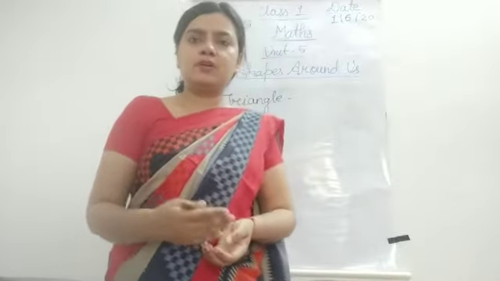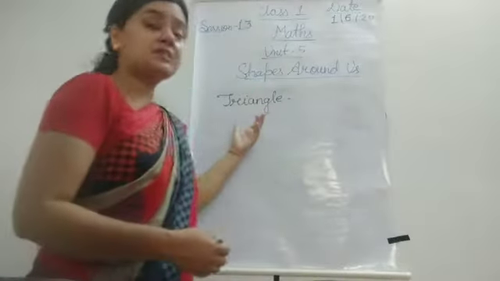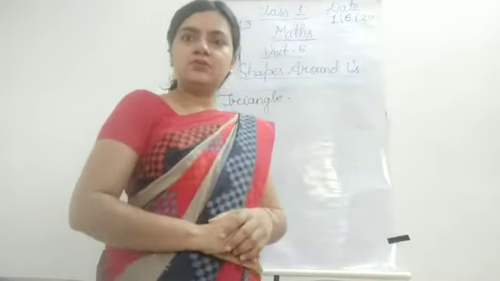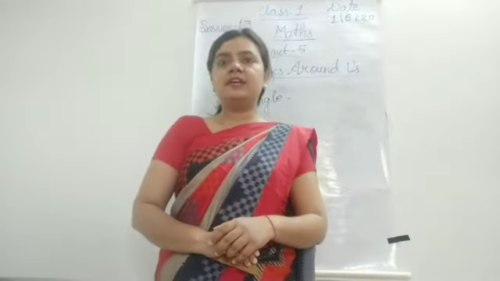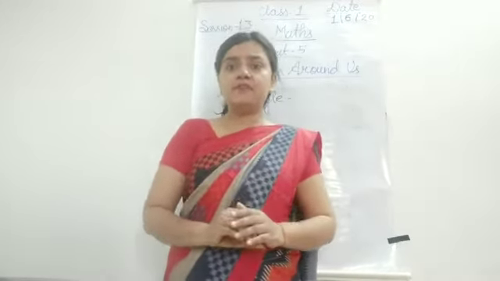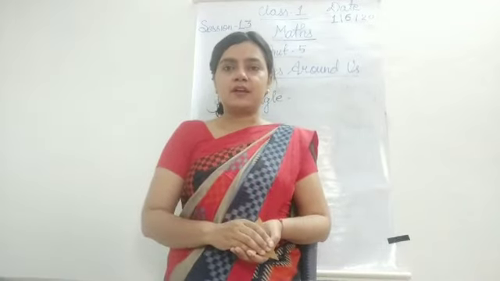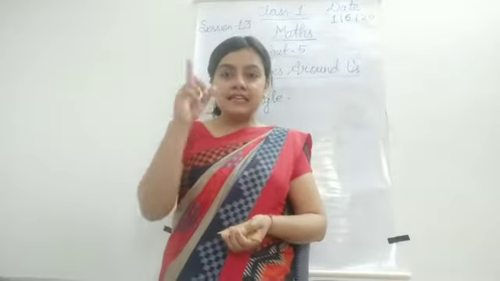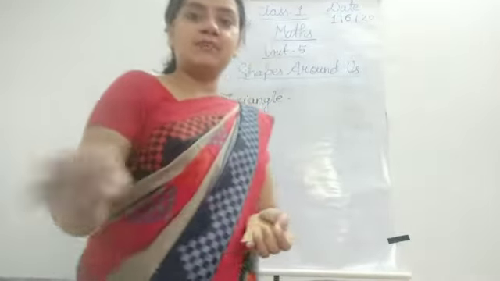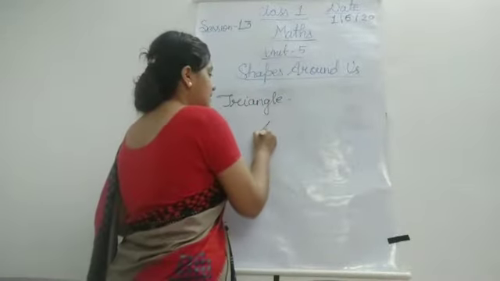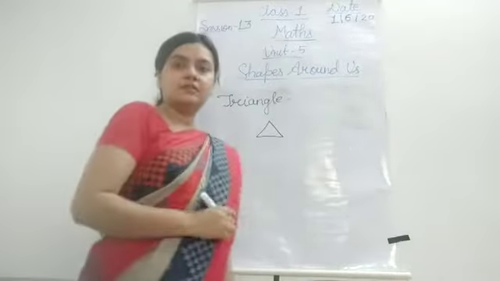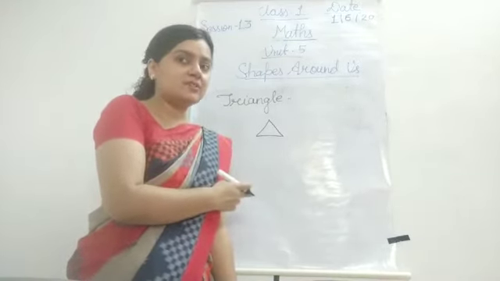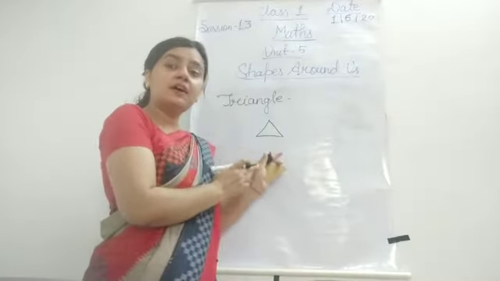Today we will deal with some more shapes, and our first shape is triangle. Do you know what is triangle? Have you ever seen any shape which is related to triangle, which looks like triangle? Which one? The bingo you are eating, no? Bingo, you like it, no? It is in triangular shape, no? What is the shape of triangle? The shape of triangle is this. And your bingo is like this only, no? So this is what? This is a triangle.